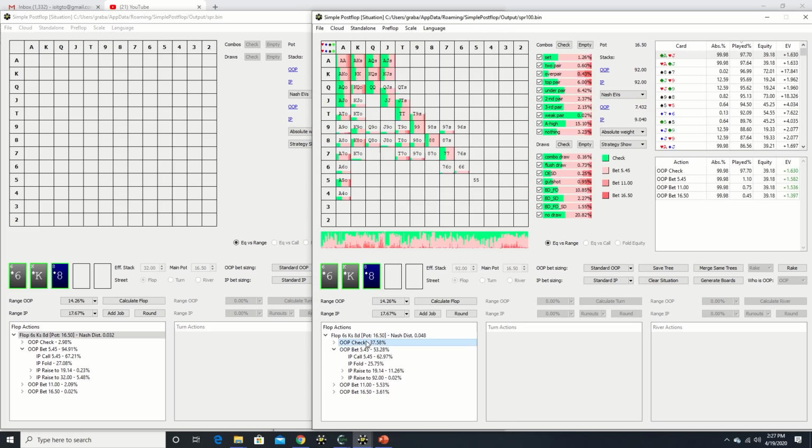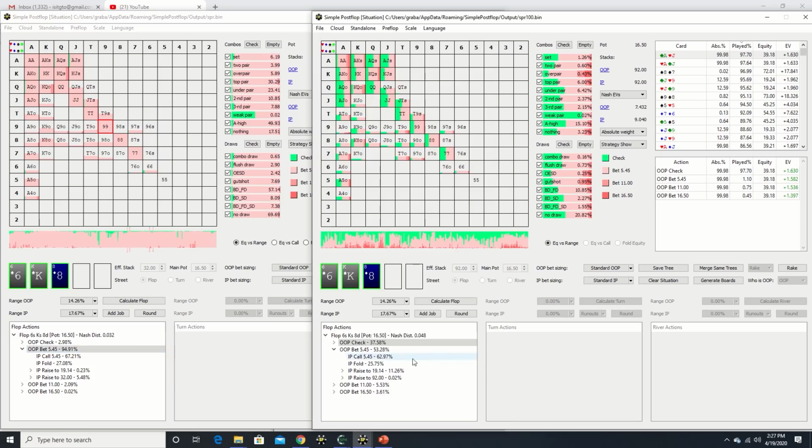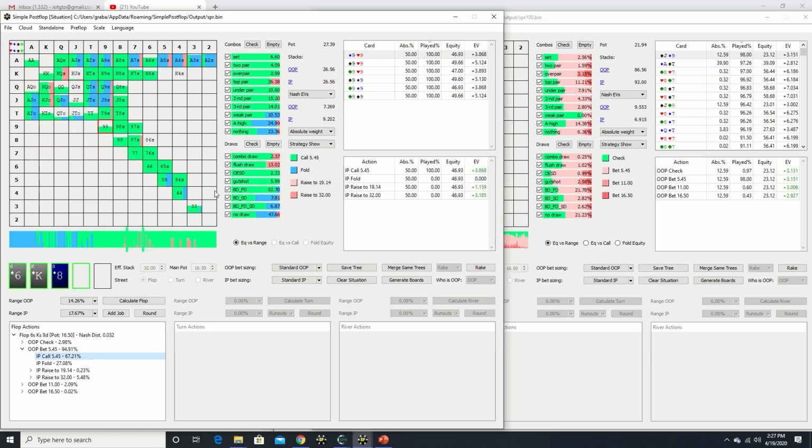The reason for this, again, likely boils down to the SPR, since the advantages associated with position are mitigated as the SPR becomes shorter. Right, in this scenario, the big blind should have the dominating top pairs, overpairs, and sets on this board, and the value of the button's draws are diminished due to the lesser implied odds in the 40 big blind game.